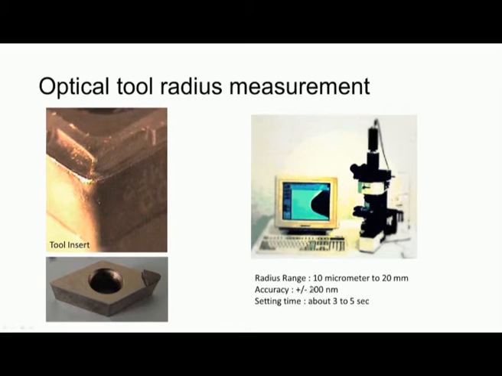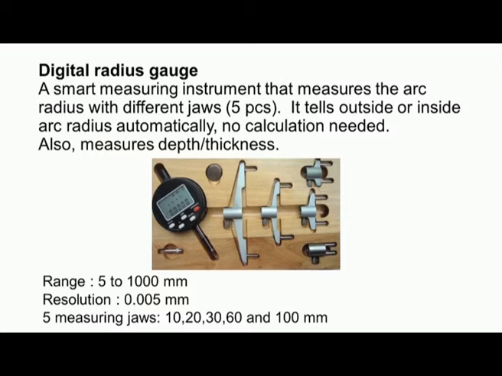The radius measurement range of such microscopes is 10 micrometer to 20 millimeter with an accuracy of plus or minus 200 nanometer. So, we can measure the radius quickly. The setting time is about 3 to 5 seconds. Now,